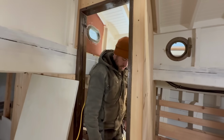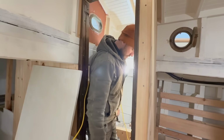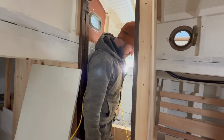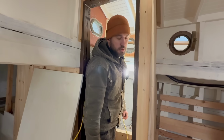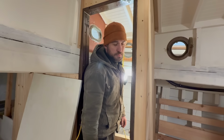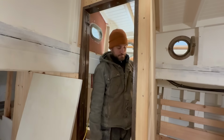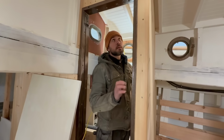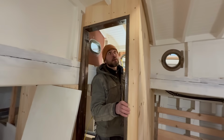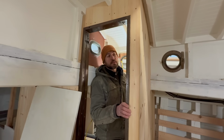But yeah, this is a shower, and I got one of these, I think it's 2x2 plastic grates, which I think I've mentioned before. I hate making gratings very, very much, so I didn't want to do that. Yeah. And then the trim around the doorway into the head is actually